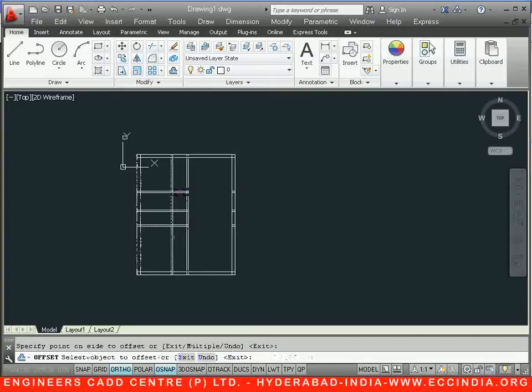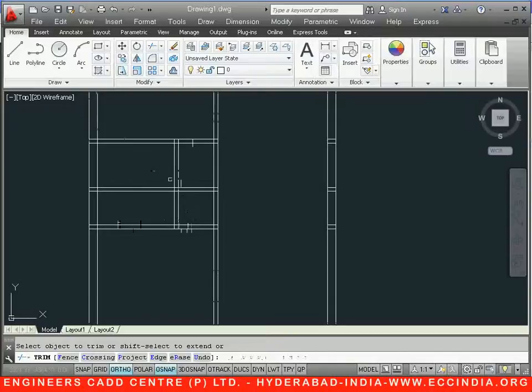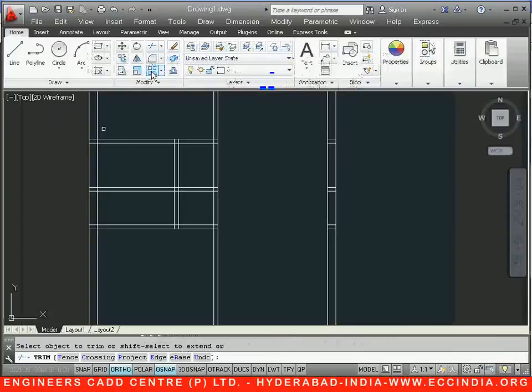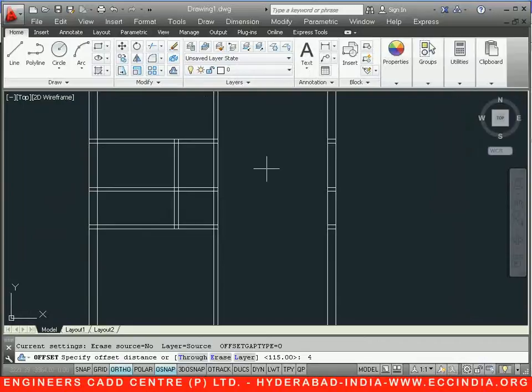Go with the trim option and trim out these lines because you won't be able to find all these particular lines traveling till there. Now in the same way, you take this length, which is nothing but 4200, so I'll go with an offset of 4200,